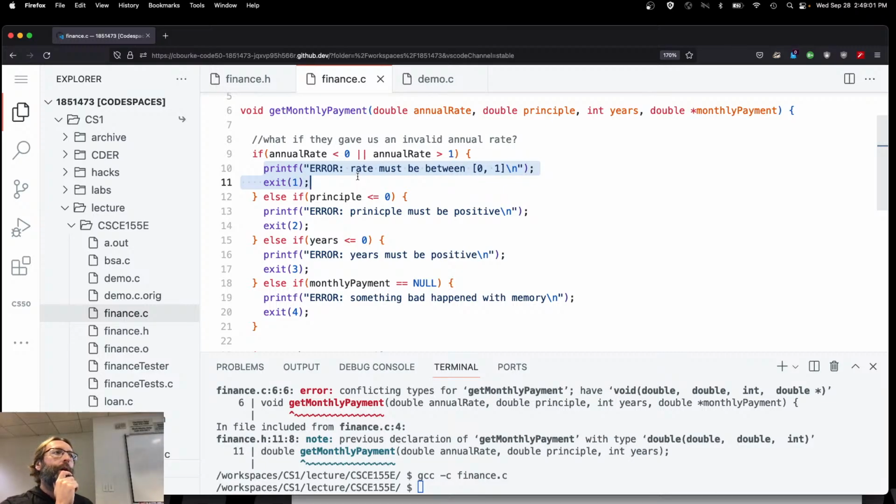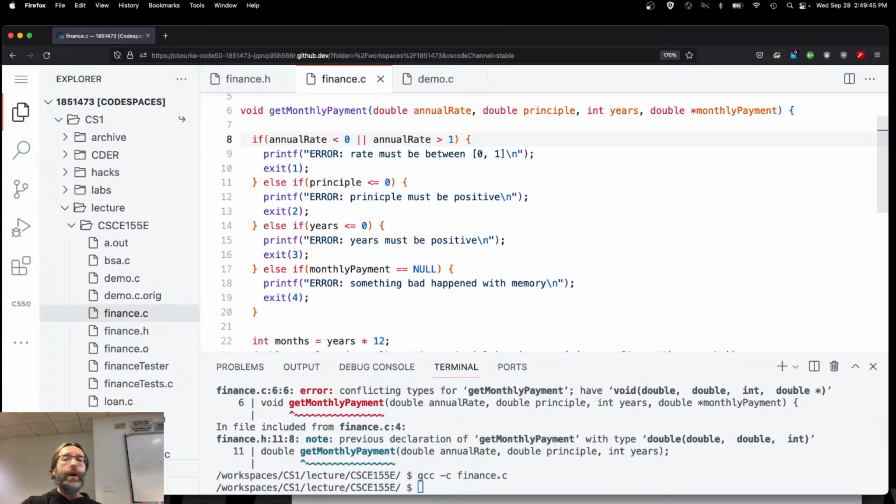Let's think about that. And for our direction, let's think about what we already know. The math library. If you give -1 to the square root function, does it say anything? Does it print anything? Error, you can't call the square root function with a negative value. No, it doesn't. Does it quit out of the entire program if you try to compute a square root of -1? No. It just results in not a number. This is not the strategy that we're going to take going forward, right? This is fine in main, but this is not fine for a library of functions like get monthly payment or financial functions, right? Instead, what we're going to do is we're going to communicate back to the calling function that